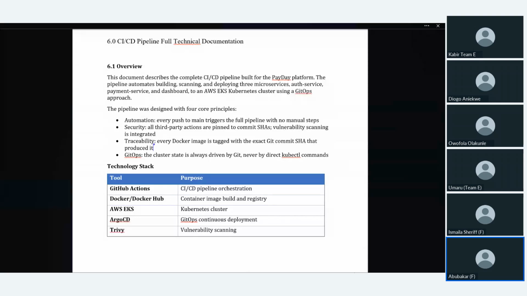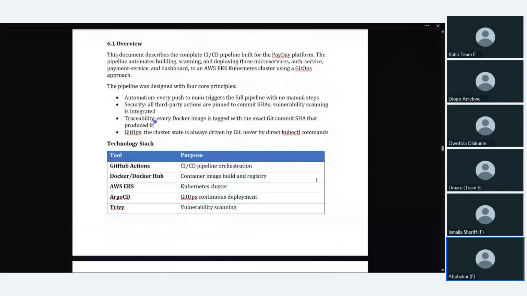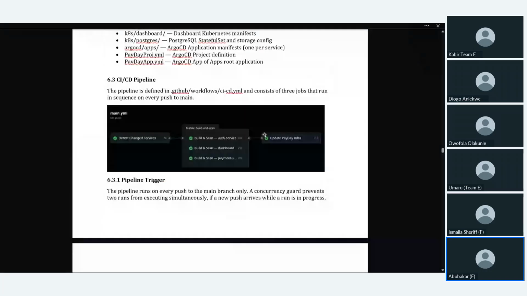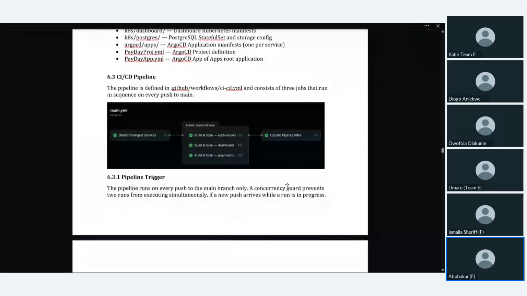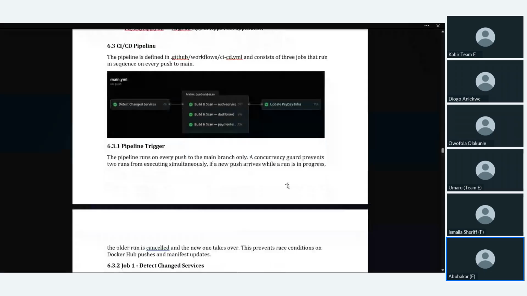I think if you scroll down, I dropped some screenshots of the deployment and the whole pipeline, the build stage, the scan, and how it flows from GitHub all the way to Argo CD and to the clusters themselves. So that's it from me.